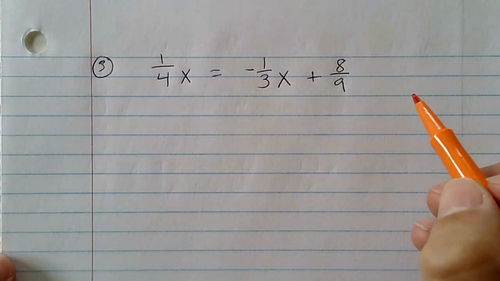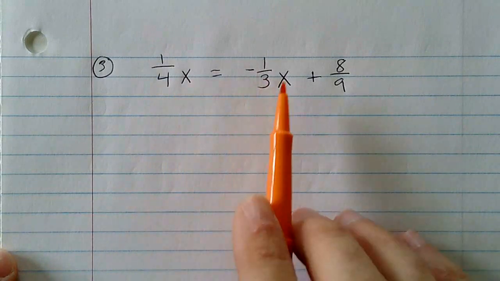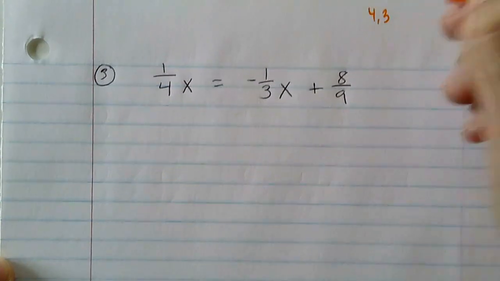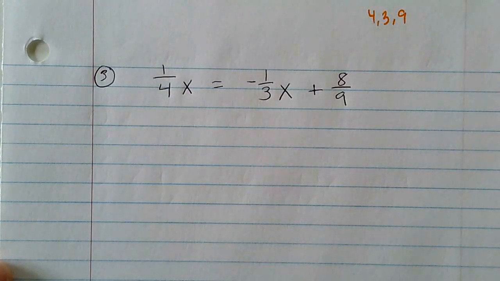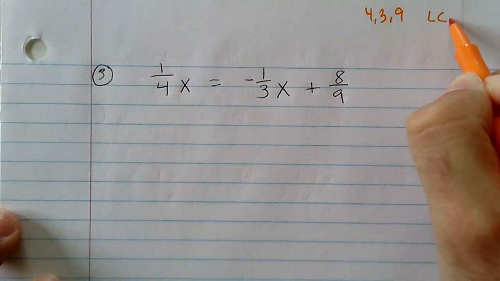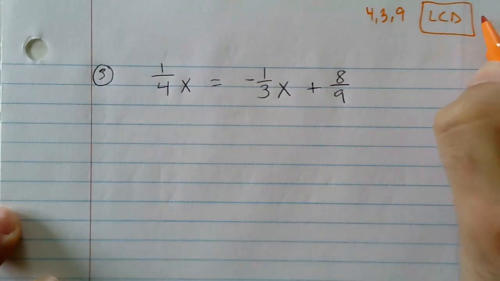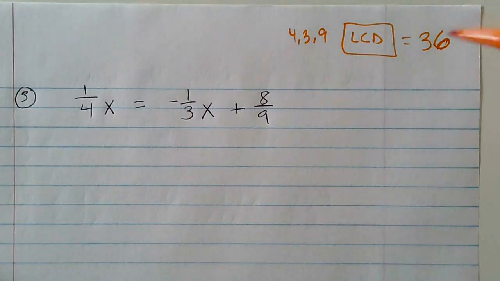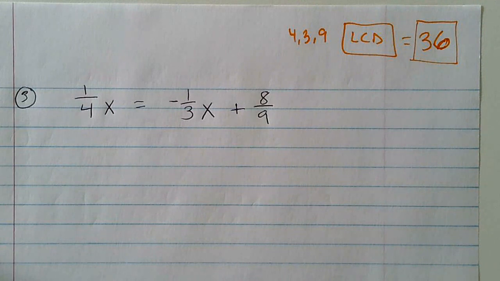I'm going to look at the denominators, 4, 3, and 9. So my denominators are 4, 3, and 9. And I want to think, what's a common denominator of 4, 3, and 9? I want the lowest number that they go into, and that we call the least common denominator, which in this case is 36. So 36 is the lowest value that 4, 3, and 9 go